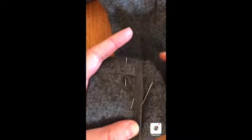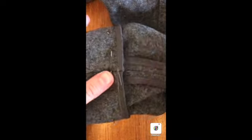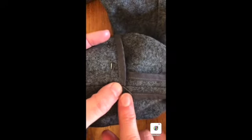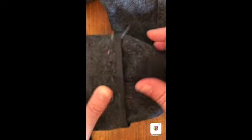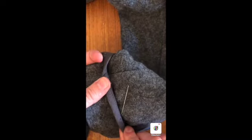So now I've just got to work my way around to the other side and secure my stitches, hopefully back in the seam allowance again. If my thread runs out, then I can just start off again as I go along. And that is